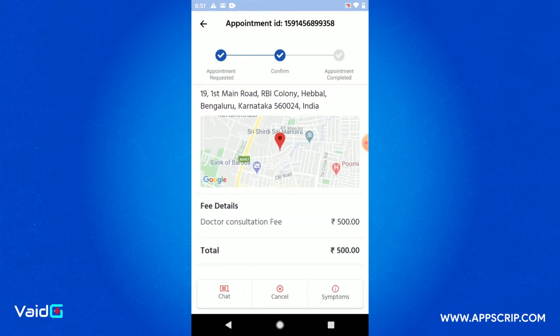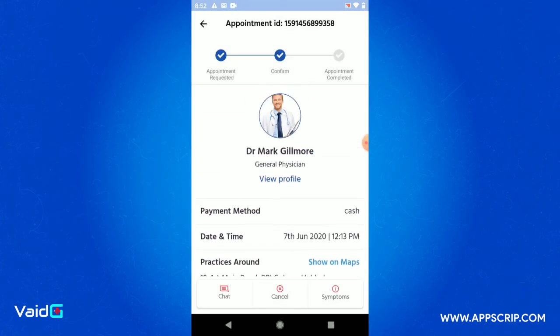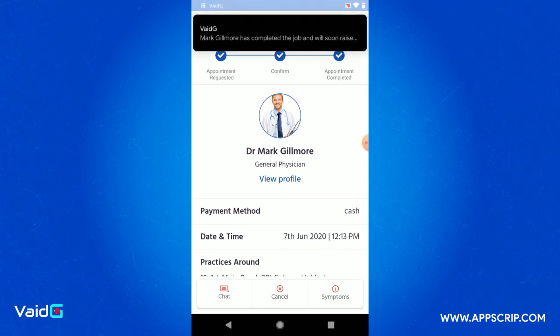And I get all the different details of the appointment, right? So that's over here. And again, the same thing, the chat, and if I want to cancel the appointment, I can. A cancellation fee might be applicable depending on how we have set it up. So now assume that I'm driving up to the clinic, and once I get there, the doctor can then do the consultation,